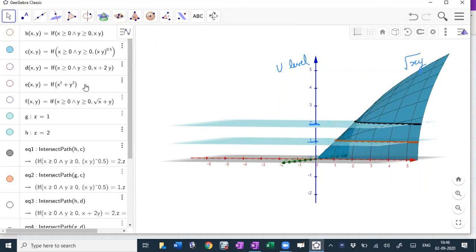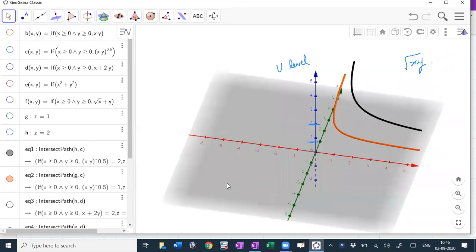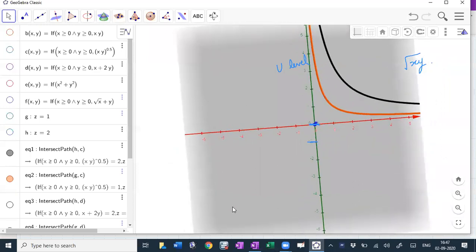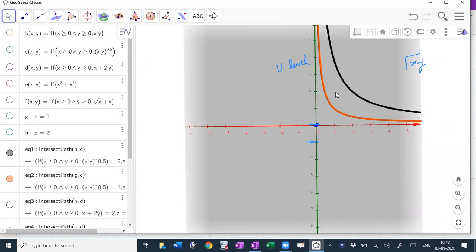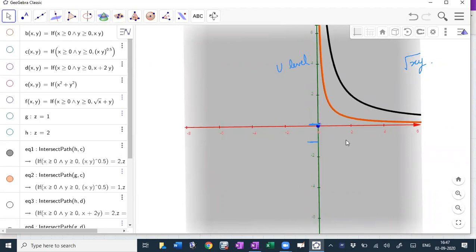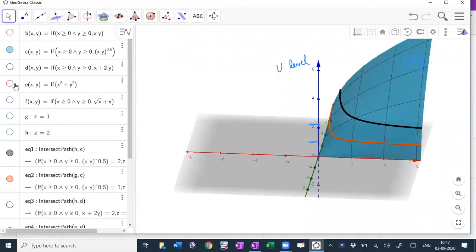Now, because the whole purpose of indifference curves is just to see it in 2 dimensions rather than 3 dimensions, I'll get rid of my surface and just rotate my diagram to see it in 2 dimensions. Right, so you have definitely seen this kind of indifference curve, this C kind of shape, which is the inward bowing shape that we usually draw. So this is where that shape is coming from. It's not just coming randomly. It has been drawn as a level curve of the utility function root of xy.